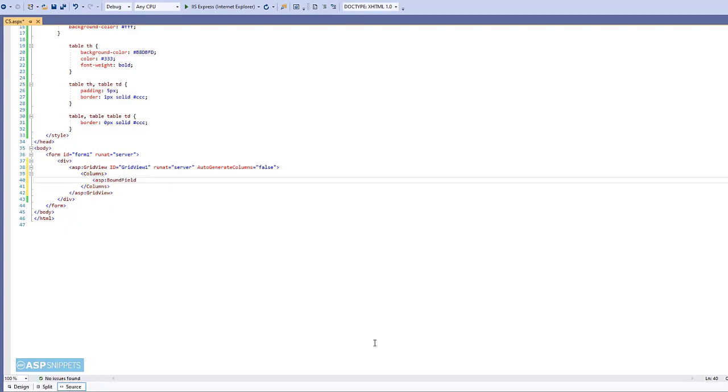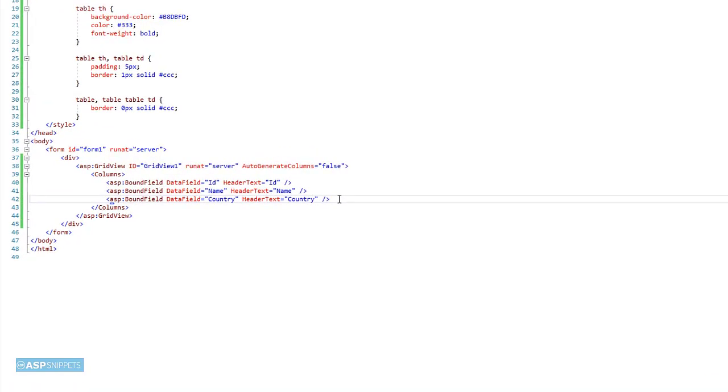I'll be adding 3 BoundField columns: CustomerID, Name and Country. Now our GridView is ready. Let's move to the code behind.